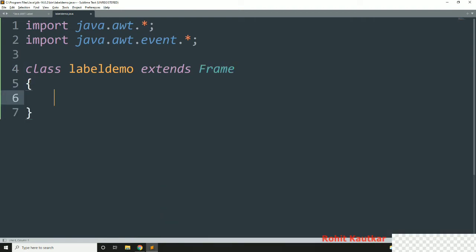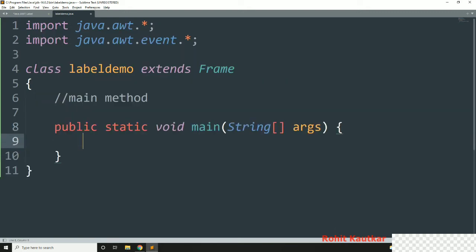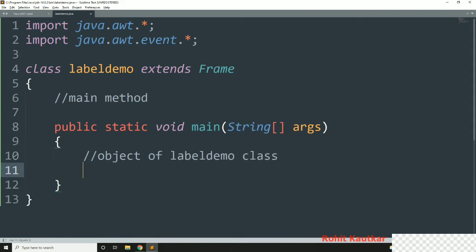Within this, first of all I will create the main method of this program. Within this main method I will create an object of the LabelDemo class.